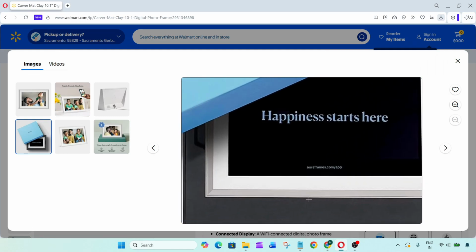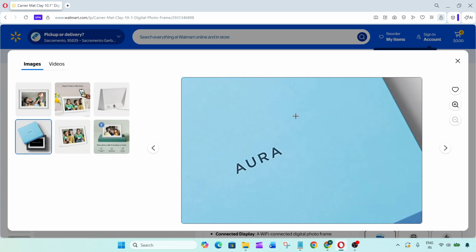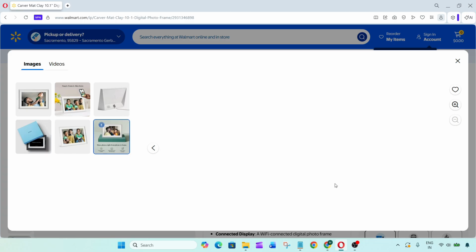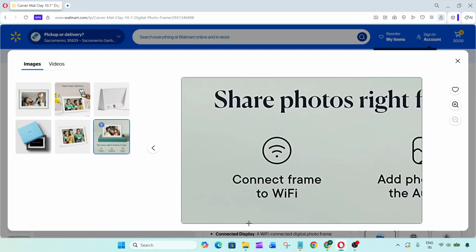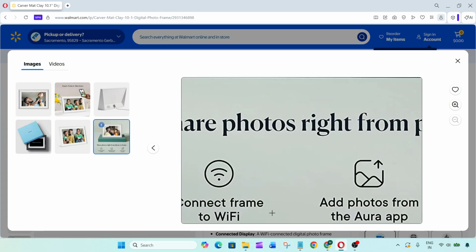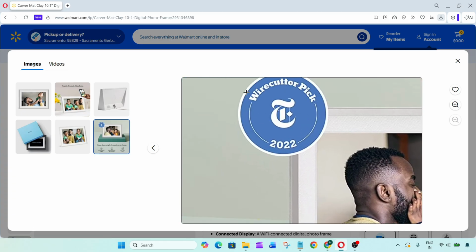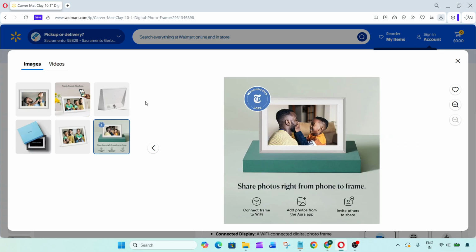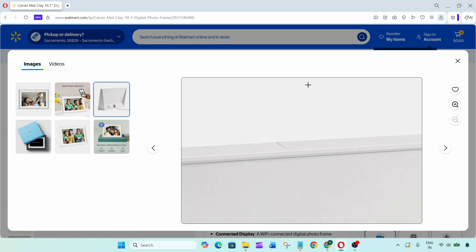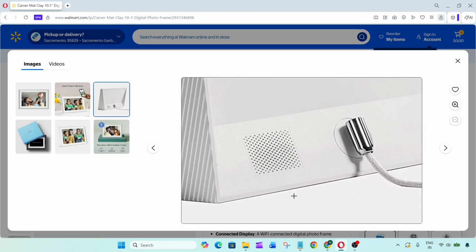If your Aura frame suddenly stops displaying photos and the screen appears blank, frozen, or stuck on the same image, it can feel disappointing, especially when you expect your favorite memories to appear automatically. Sometimes the Aura frame may stay powered on but refuse to sync new pictures, while in other situations uploaded images never appear at all. This problem can happen because of Wi-Fi interruptions, syncing delays, account connection issues, or temporary software